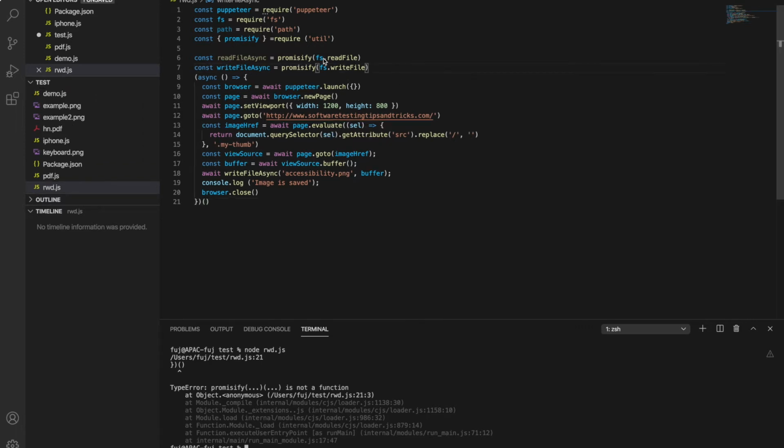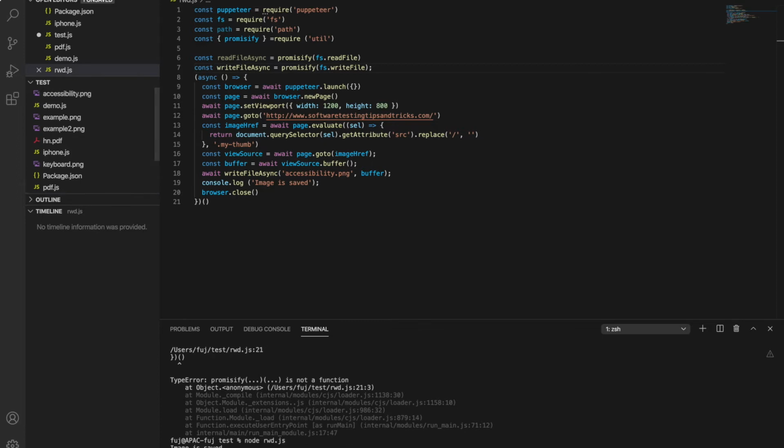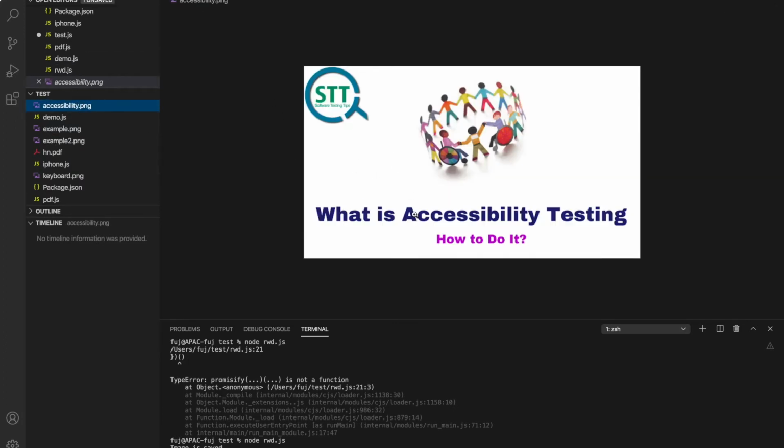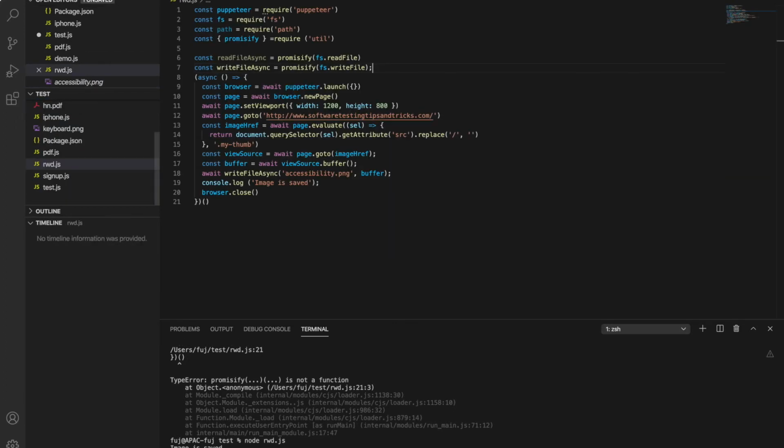When we have imports or have defined our libraries, after this line is over, we need to put a semicolon here. Now let me try this. Okay, it says the image is saved. So we get the image accessibility.png and this is what it is. It got saved. So this is how we have downloaded the image.